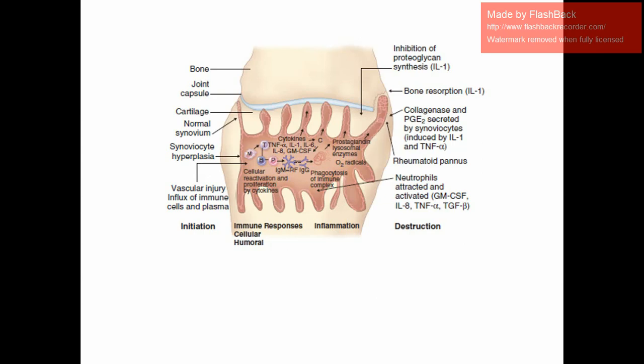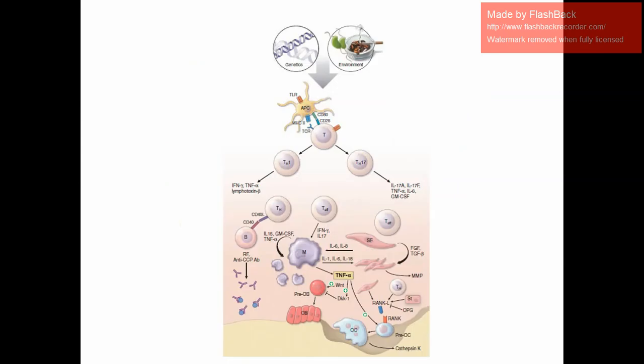We need to understand the mediators, especially cytokines and receptors involved in the pathophysiology of rheumatoid arthritis. This is when we will know how and where drugs act. From these figures, it is clear that interleukin 1, interleukin 6, and TNF alpha are the major mediators in the pathophysiology of rheumatoid arthritis.